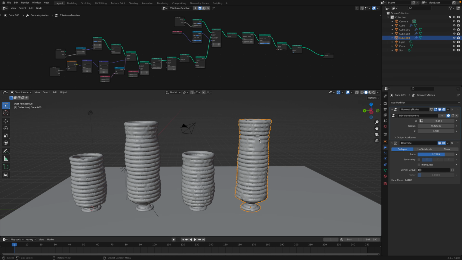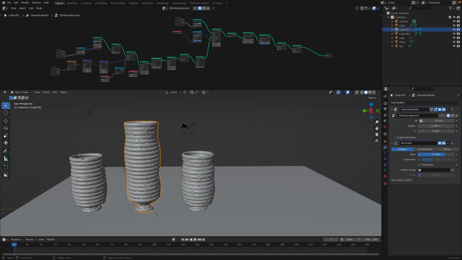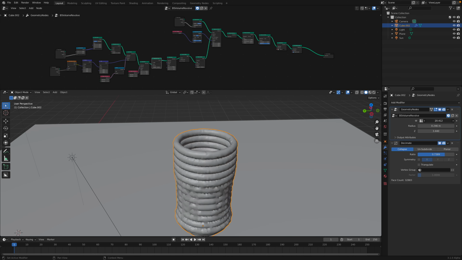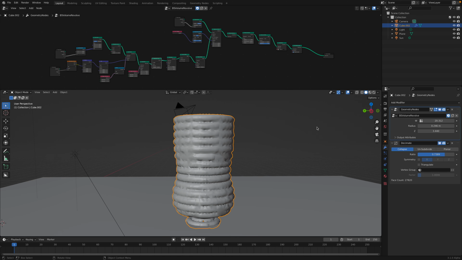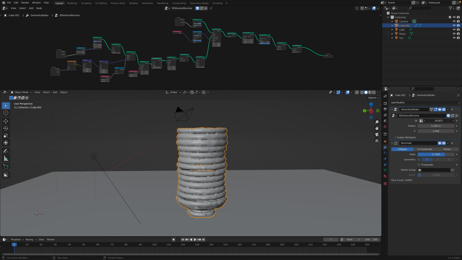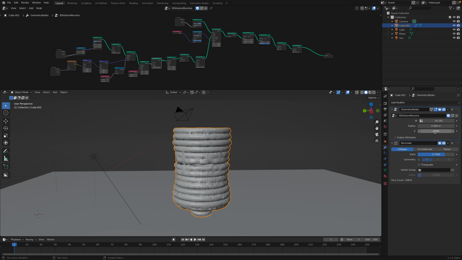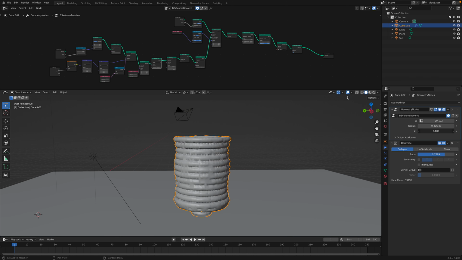So it's very simple. Let's take a look at one of them. So we can create variations. I only have a few parameters, but you can add a lot more. The first one is doing the noise thing. The second one, of course, is the radius and the height. Okay, so let's take a look